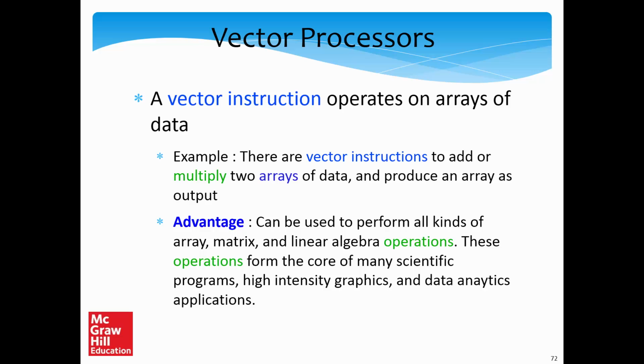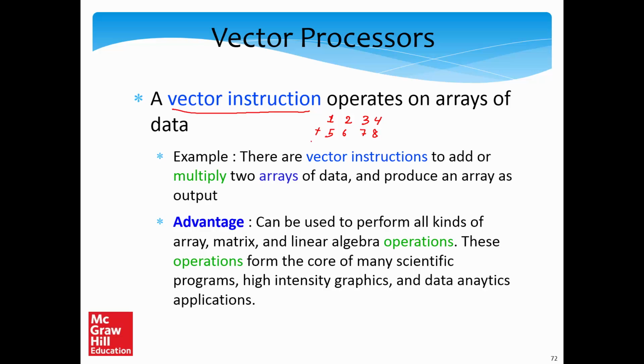Let us now define a vector instruction. A vector instruction, instead of operating on single pieces of data like regular instructions, operates on an entire array at a single point of time. So instead of one data item, it operates on arrays at a time. For example, we can have vector instructions to add or multiply 2 arrays of data element wise. For example, if one array is 1, 2, 3, 4, and the other array contains 4 elements 5, 6, 7, 8,